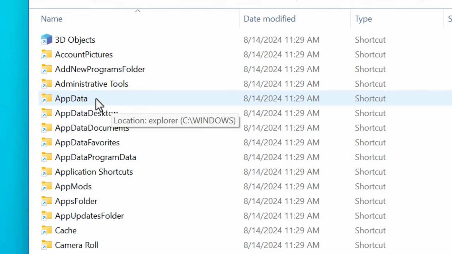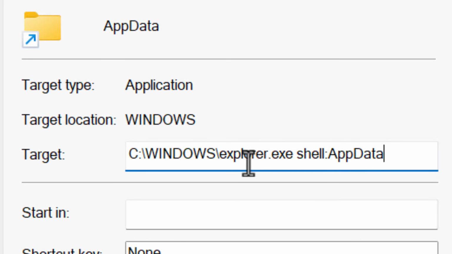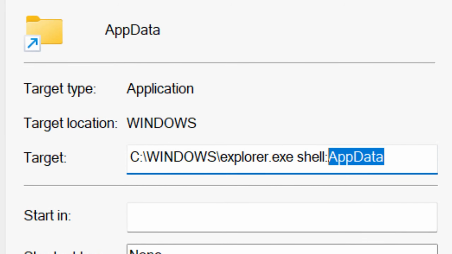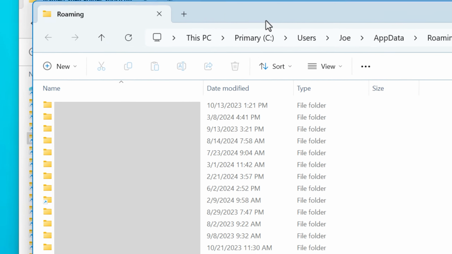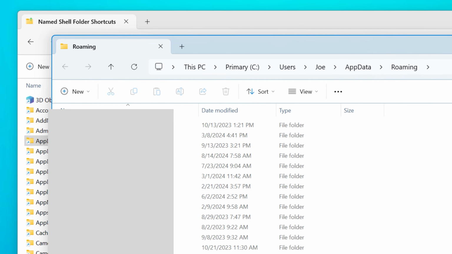So you'll notice in the shortcut paths, if you look at the properties, they don't just have a normal looking path. The shortcuts basically use Explorer to run a shell command, where each name of the shortcut is the same as the command that opens that folder. So for example, this is not simply a shortcut to C:\Windows\Users\Joe\AppData, but rather it runs the command shell:appdata, which then opens that location.